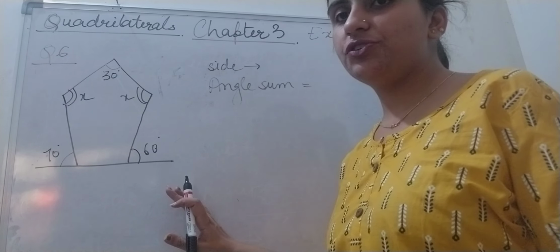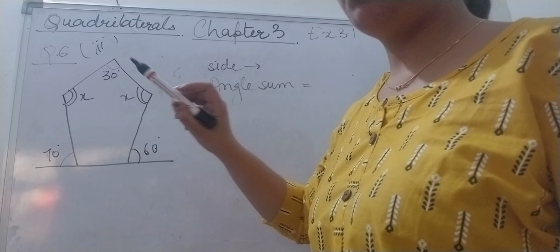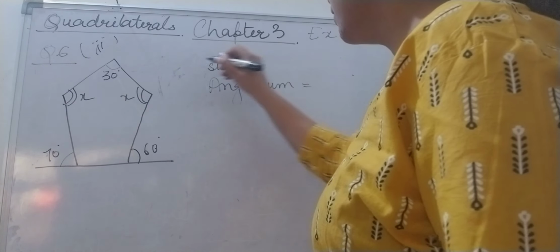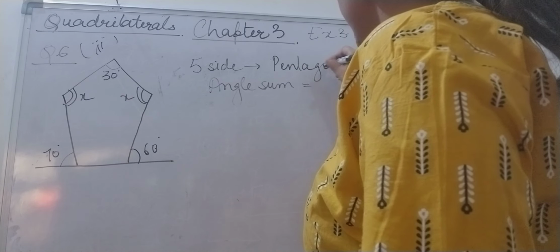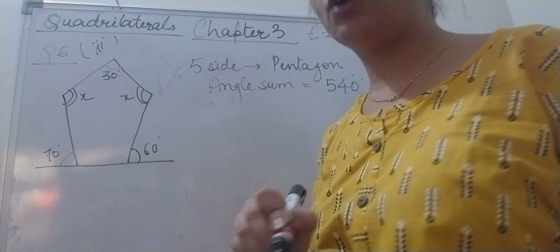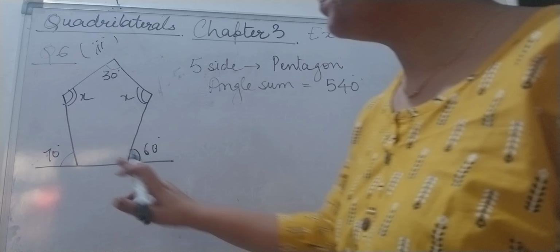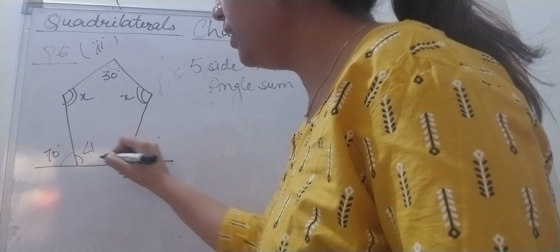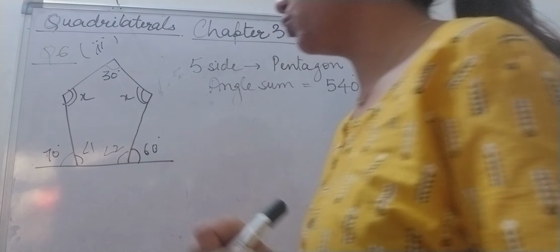Okay, let us see this question now. Third part. First calculate the number of sides. 1, 2, 3, 4, 5. 5 sides, that means a pentagon. Pentagon angle sum property is 540 degrees. This we have done earlier, how to calculate the angles. So first we will see the figure. Two interior angles are missing. I am marking this one as angle 1 and the second as angle number 2.